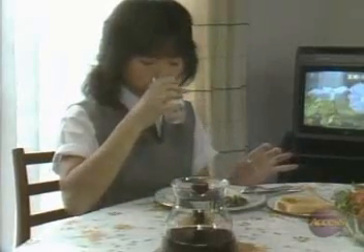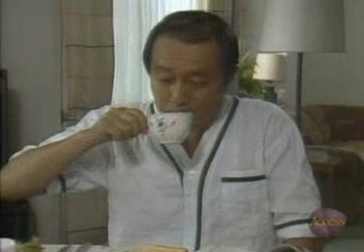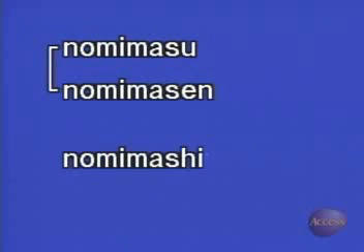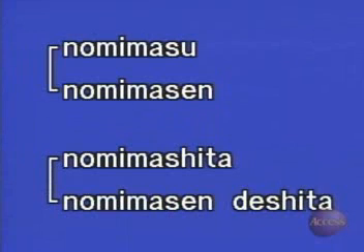Do you remember this scene? みどりさんは毎朝牛乳を飲みます。加藤さんは牛乳は飲みません。紅茶を飲みます。Remember that? The narrator said that Mr. Kato doesn't drink milk. The negative form of nomimasu, or drink, is nomimasen. The past form is nomimashita, and the negative past form is nomimasen deshita. Or we could put it another way and say that the polite past negative of the verb drink